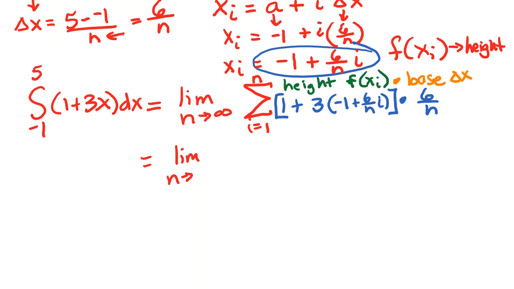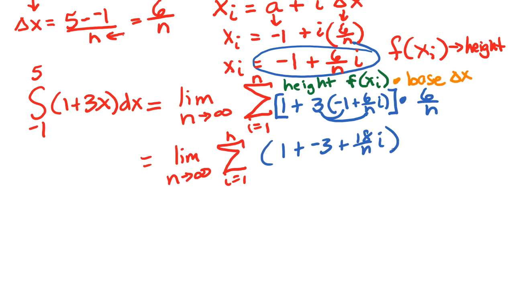So let's do some distributive property and combine some like terms. So you could do this perhaps in fewer steps. I'm going to distribute the 3 first. So I'll have a 1 plus a -3 plus an 18 over n times i, and then we're still going to have to distribute times 6 over n. So these two terms, I think you see I could have written -2 right away. So in my next step,